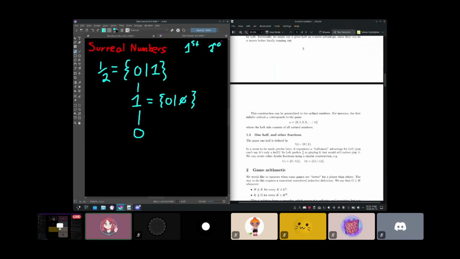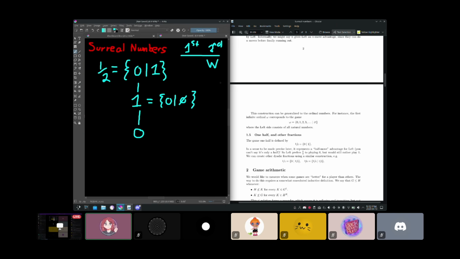Basically, if the left goes second, let's make our table again. First and second for left. I went second and I lost. So... No, wait, what? No, sorry, you were left. I'm sorry. I'm right, you're left. You won as the first player. Sorry, I'm getting mixed up. No, I won as the second player. No, you went first, didn't you? No, right went first, won. Therefore, left went second. Oh, of course, yeah.